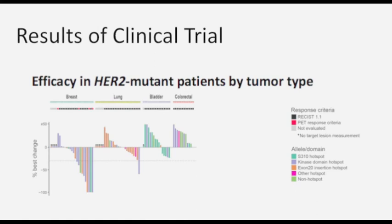This graph shows the results of a clinical trial that was conducted at Puma Biotechnology. As you can see on the graph, breast cancer and lung cancer were most effective based off of tumor shrinkage. And as the key on the right indicates, the purple bars are where the cancer was concentrated at the tyrosine